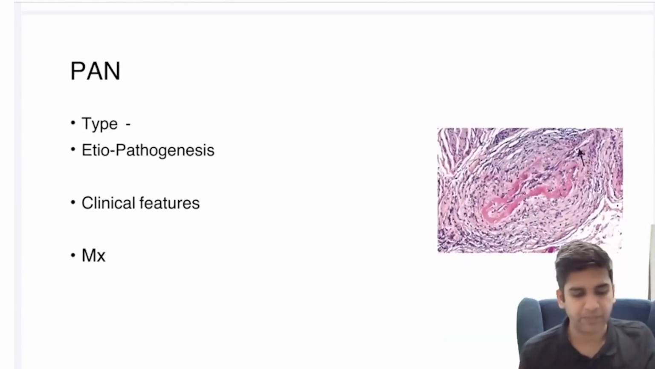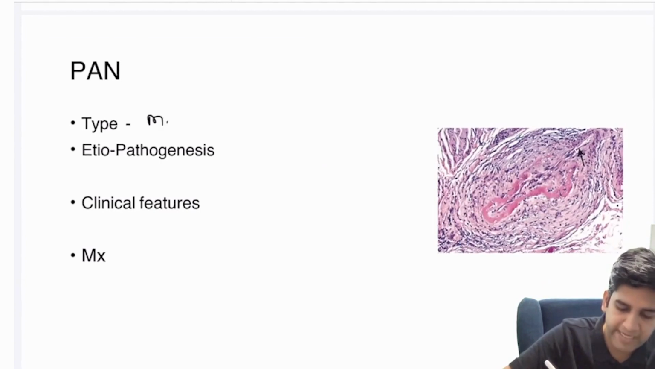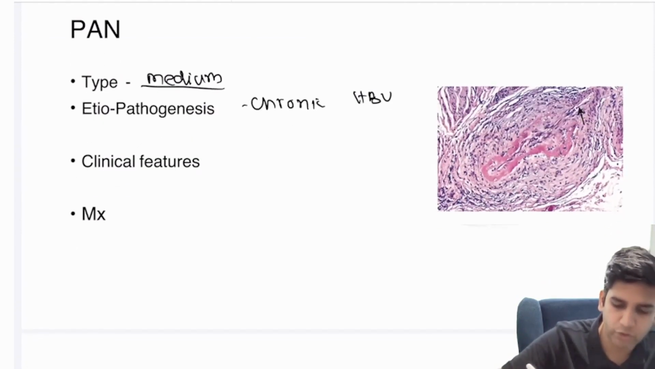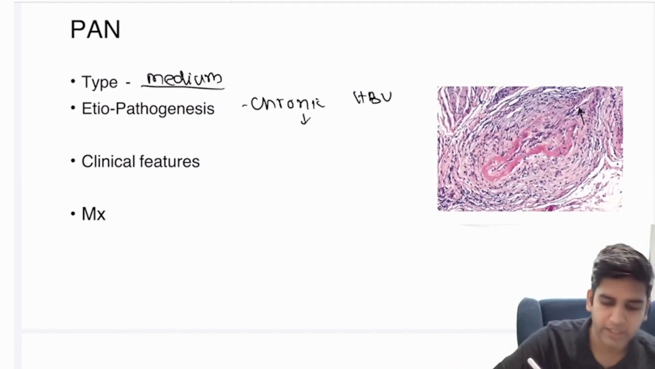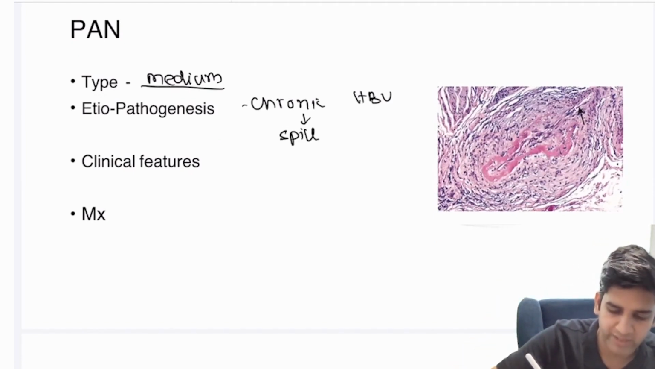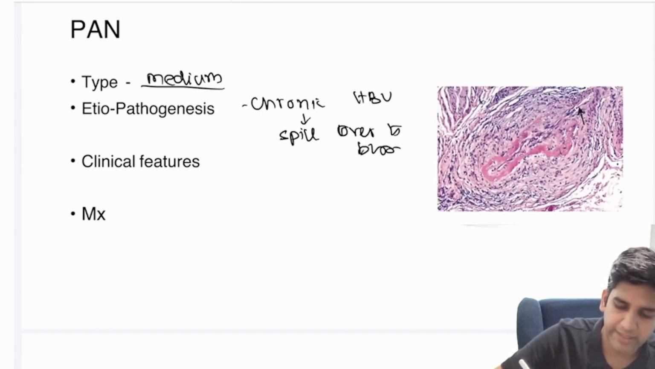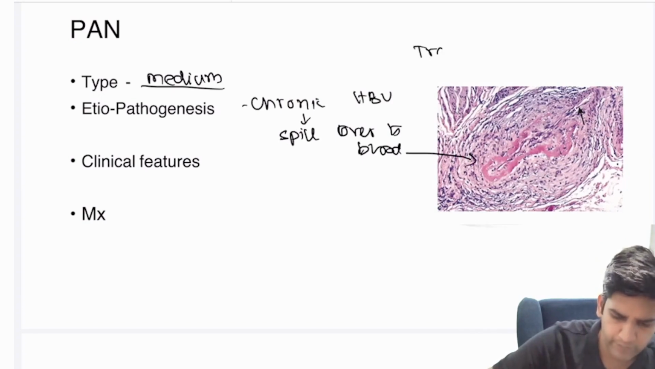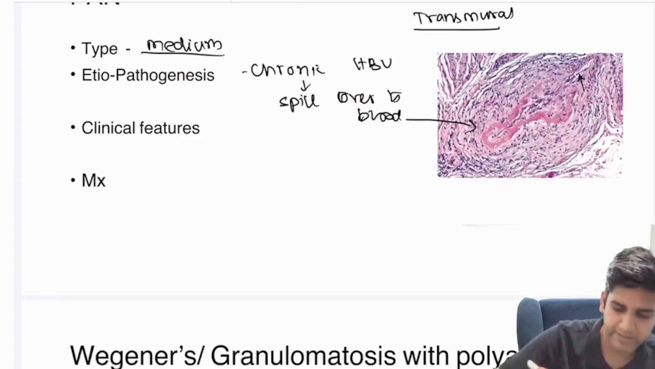Fine. Okay. PAN. PAN is a type of medium vessel vasculitis. PAN is due to chronic hepatitis B infection. Because of chronic hepatitis B, whenever there's an active state which spills over to the vessels or the blood, it will deposit in the vessels and cause vasculitis. PAN will be transmural. And the most important finding of PAN is your